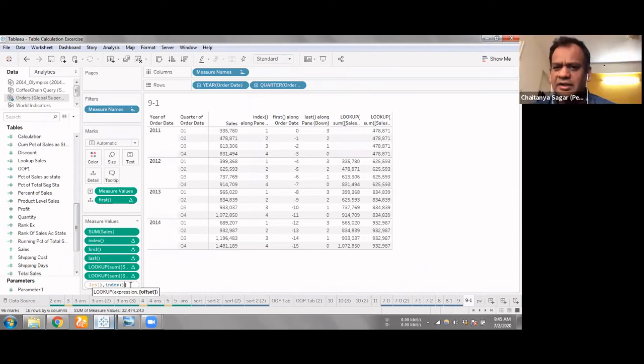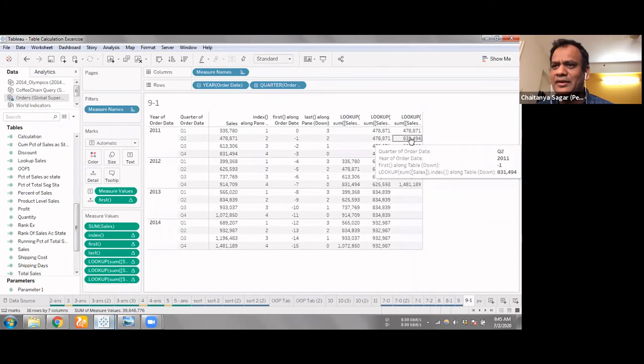I think index works on a standalone basis. There are no parameters to be given. Correct? Is that right? Yeah. All the functions that we discussed, first, last, index, and the size functions, they are standalone. There are no inputs to them. They can be used as parameters, but there are no parameters for them. But why don't you give this and see what happens? Yeah, probably it will just replicate sales, I think, maybe.